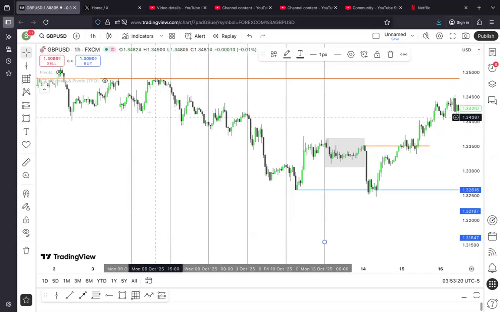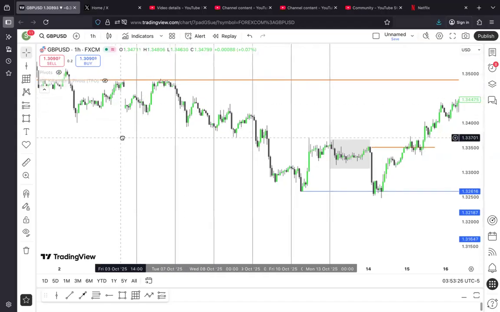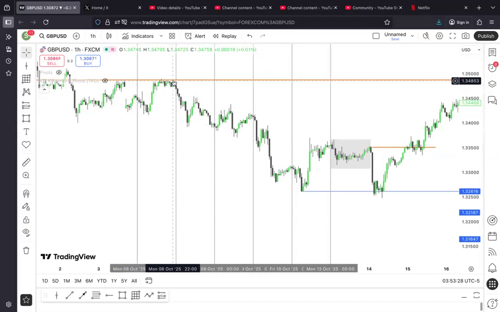And if you also go on 4 hours, you notice that we must have had a change in the state of delivery on H4. So it gave us the bearish move right from Monday. Monday gave high of the week. Tuesday did not go above Monday's high. Wednesday did not go above Tuesday's high. Thursday. So it means that on Friday, most definitely you have a TGIF setup.